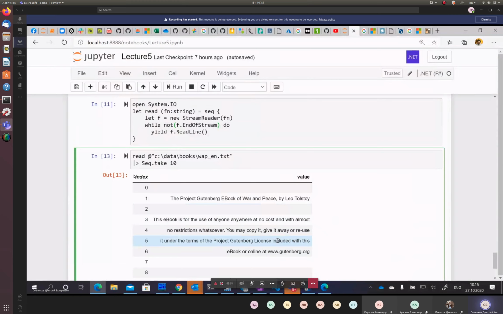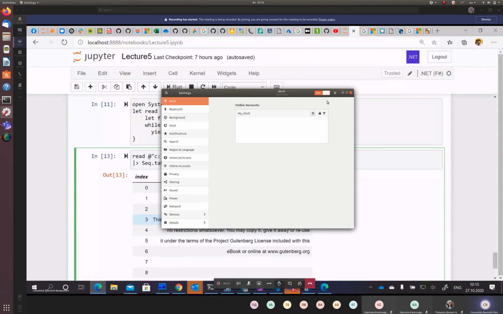If you were doing it using a for loop or a while loop, that would be quite a difficult thing, because you would read it line by line, and then each line you need to split by word, and then for each word